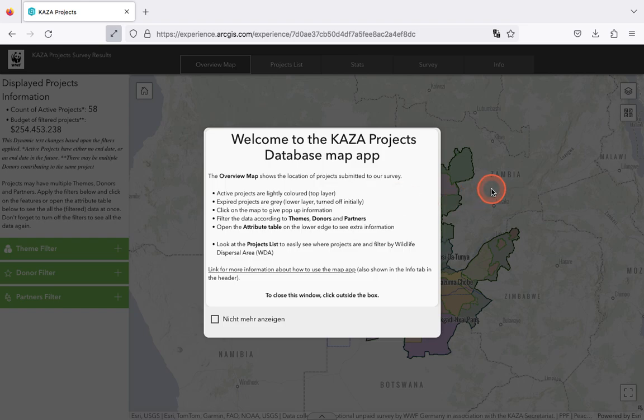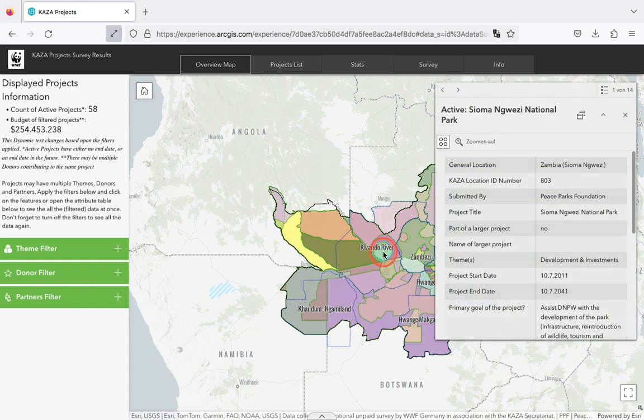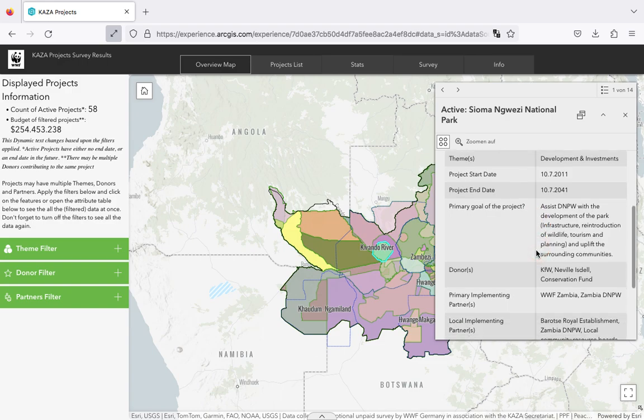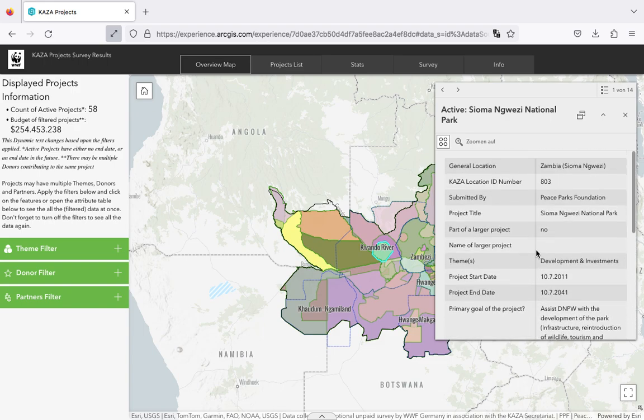So once you've read that, you can click anywhere on the screen and you see a map of KAZA with some pastel colours. Each colour represents a project and it shows you the area of that project. If you click in the map, a pop-up window will appear and it will tell you all the details, the project start date and end date, primary goal, the donors, all sorts of bits of information about the project that